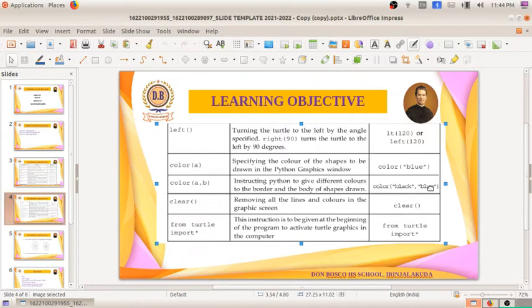And the last one is from turtle import star. It is an important command which we have to write before writing all the commands for drawing the patterns and geometrical shapes. From turtle import star means we have to import these commands from the library turtle graphics. Okay, so for all the programs, before writing the commands, we have to write the first command, from turtle import star. Okay,